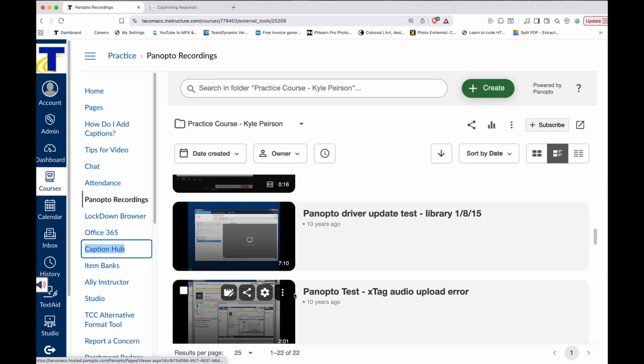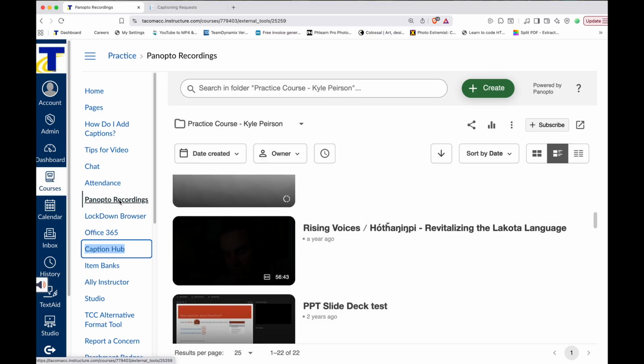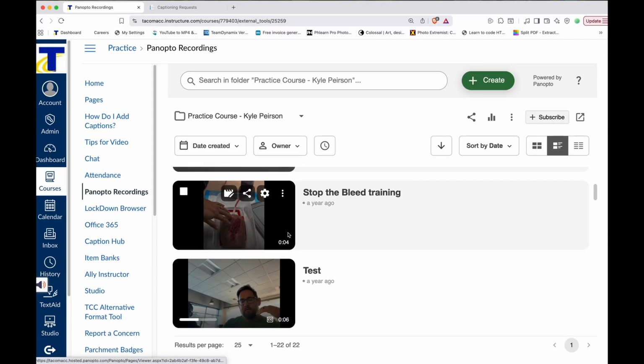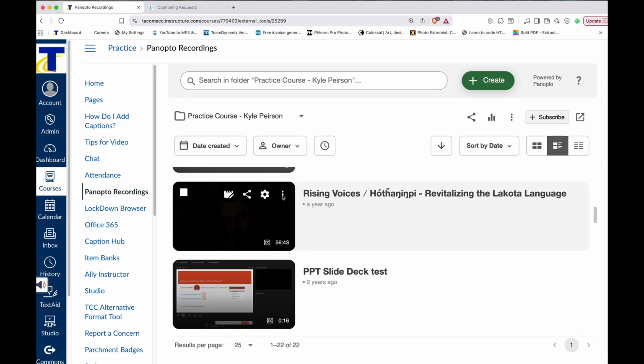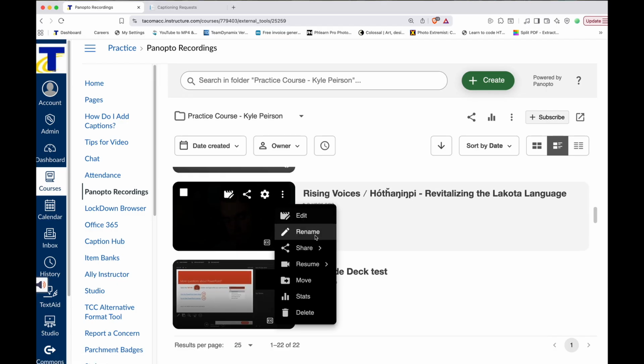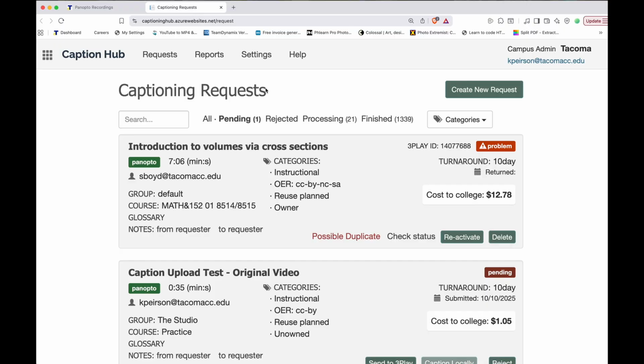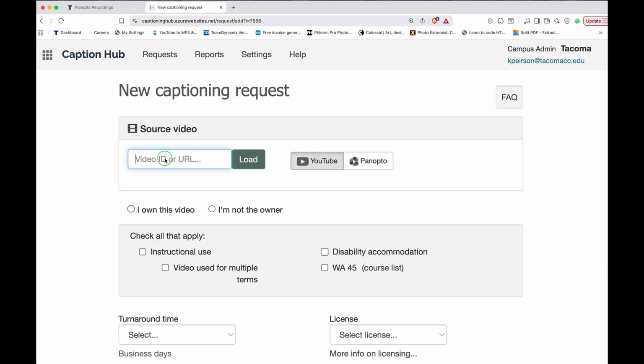And to request captions for a video, what you do is go to Panopto Recordings, click on the video that you want to request captions for, click on the option dots in the corner, share, copy link, and copy the video link. Then go to the CaptionHub tab, create new request, paste your link,